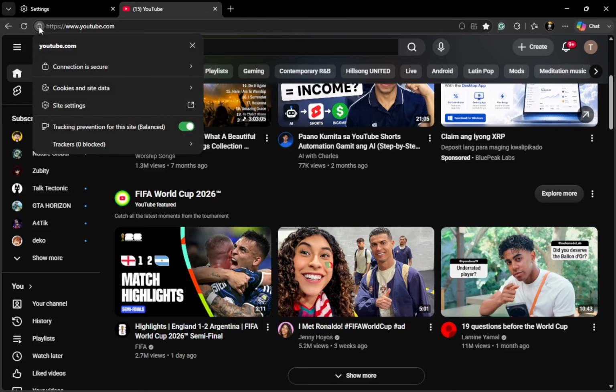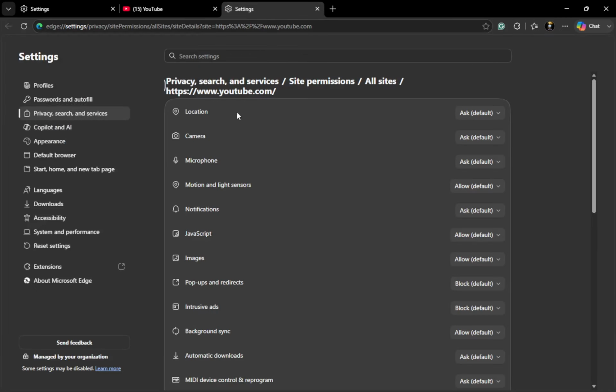This icon signifies the security status of the website you are visiting. By clicking it, you gain quick access to permissions related to that specific site, making it easy to adjust notification settings on the fly. This is particularly useful as it streamlines the process of managing alerts without digging through broader settings. Find notifications under Permissions for this site.